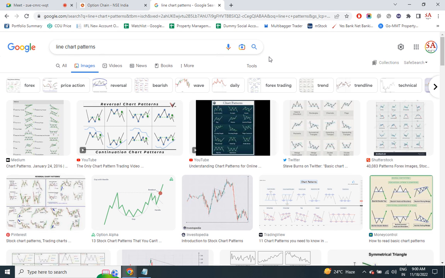But with a line chart, you don't get that information. A line chart will only tell you the closing price. What was the open price, what was the high for that time duration, what was the low, we don't know. That is why we refer to the candlestick pattern. In a candlestick pattern, we get in a single candle the entire action of the day. It's like highlights of the game. What has been the high, the low, the range, the open, the close. Open, high, low, close, also called OHLC. Candlestick charts are also called OHLC charts.